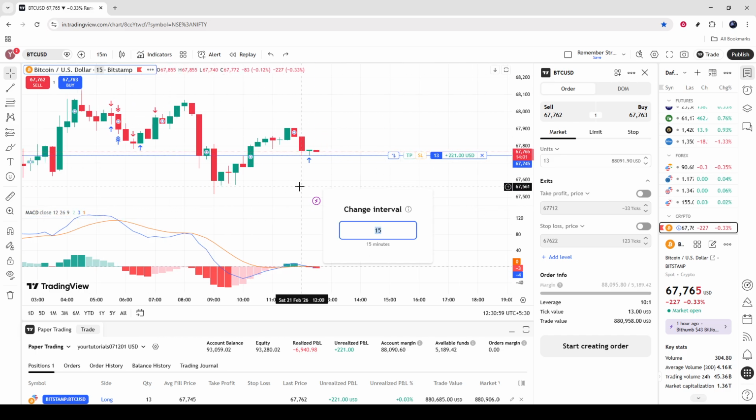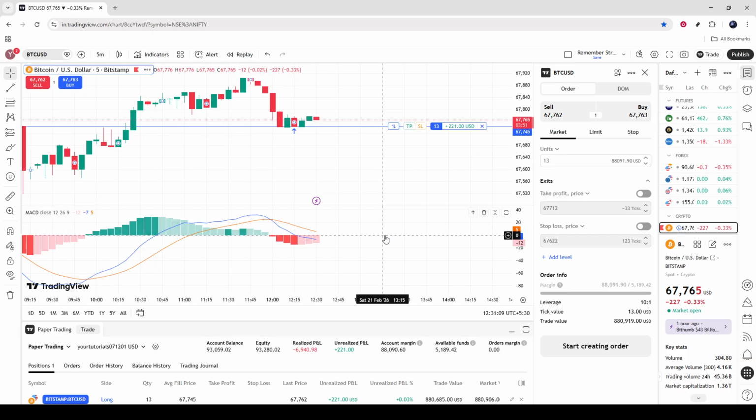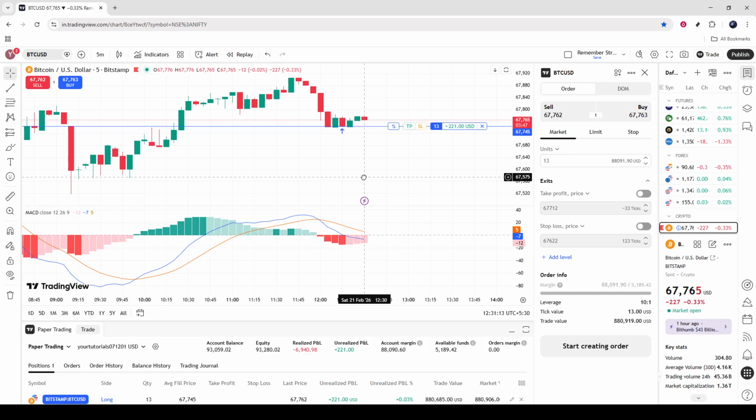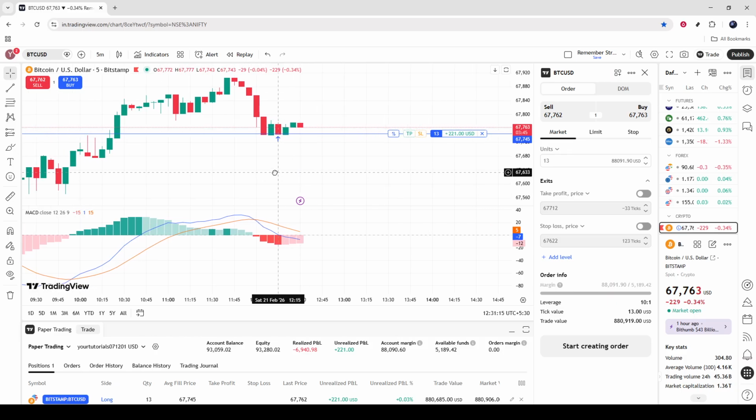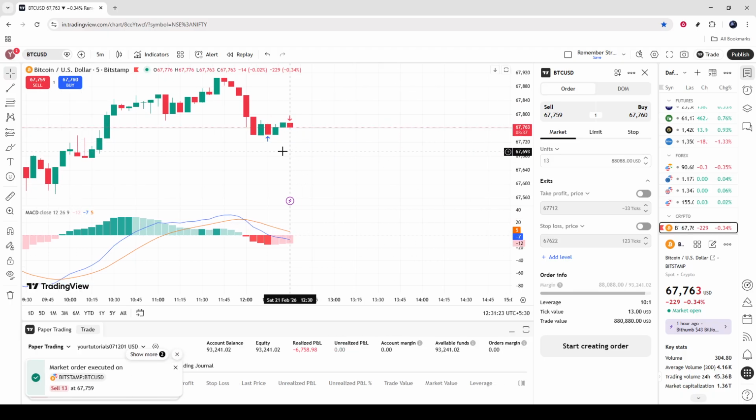Go to the time frame control at the top of the chart and click it to open the list of intervals. Choose a shorter time frame for faster, more frequent scalping signals, such as 1 minute, 3 minutes, or 5 minutes. Choose a longer time frame for slower, smoother swing trading signals, such as 1 hour, 4 hours, or 1 day. The MACD recalculates automatically as soon as you switch, so you can see how the lines and histogram respond